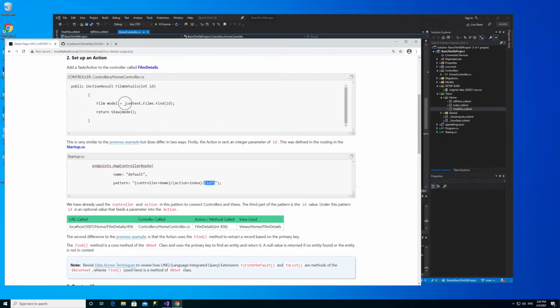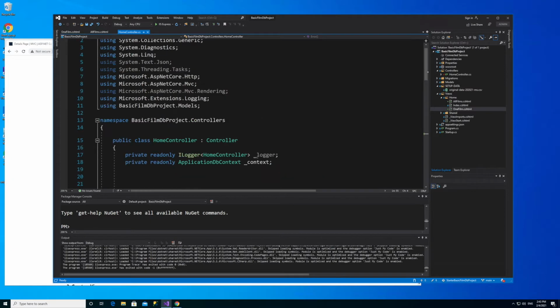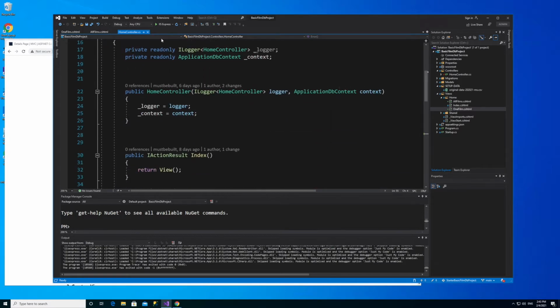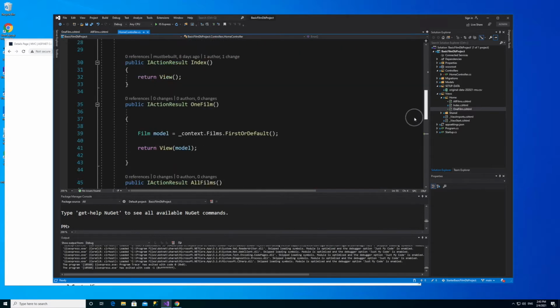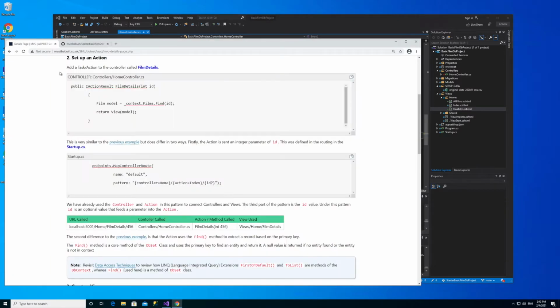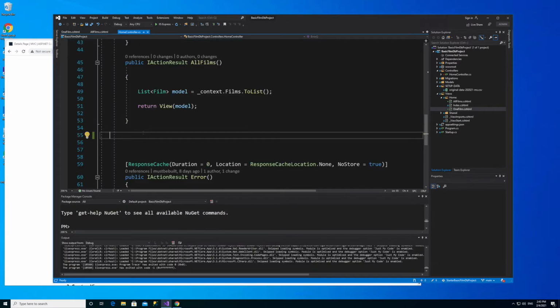So we've already got the context set up. What we did in the previous movie is we've got our DB context here, and we used dependency injection to add it into our home controller. So this first page is just going to display one film based on the primary key that you send through, sending the primary key through as a URL parameter there. So we did this for our action in the home controller,